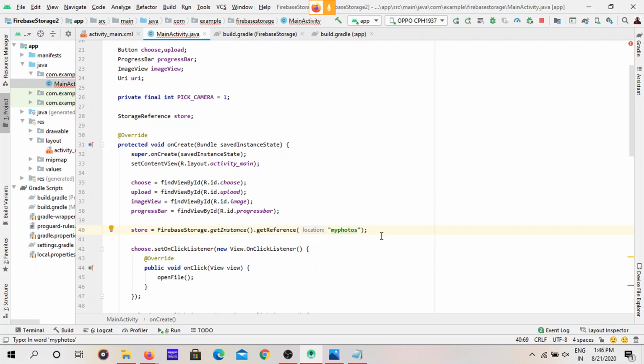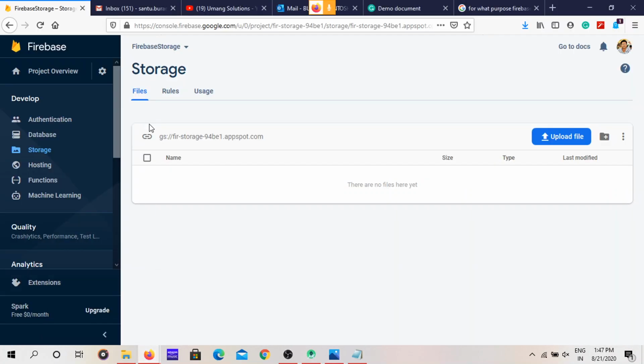I will explain this. So we are just assigning this store variable to this storage reference class. For this type of variable, storage type reference variable, only through this class can we get the reference to this Firebase storage. Which one? See, this one. This is the storage, this is the bucket.